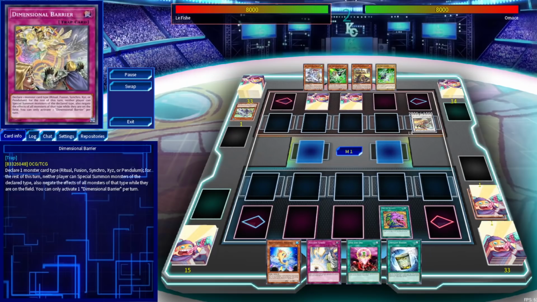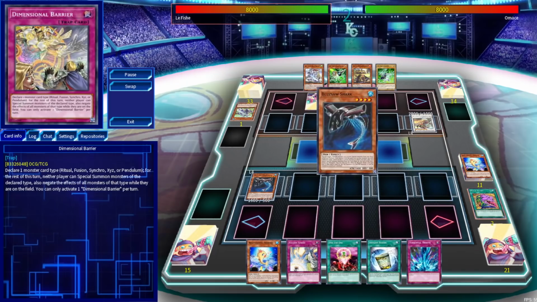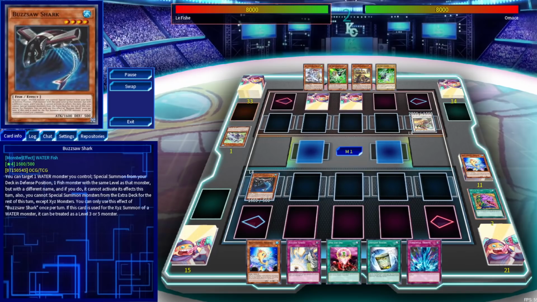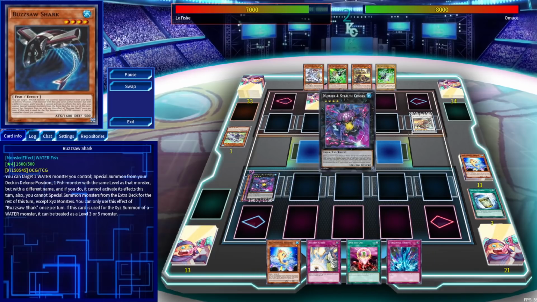We're going to begin with a copy of Beautiful Princess after firing off a Pot of Desires and finding 15 ways to get to it and nothing else. We'll go for the Buzzsaw Shark. We'll activate the effect. That's going to get negated. No big deal because we do have the Instant Fusion in hand. We'll fire that off and then get ourselves a copy of Rare Fish, which allows us to overlay for Stealth